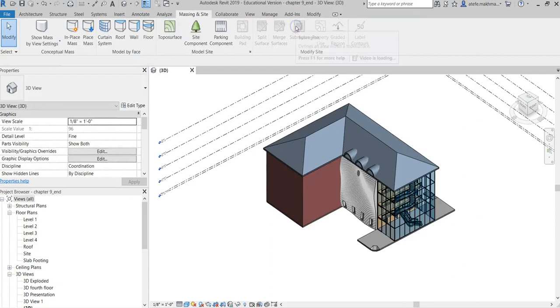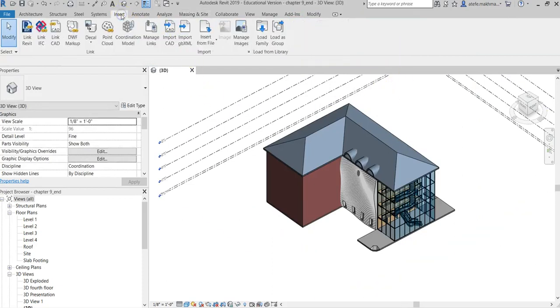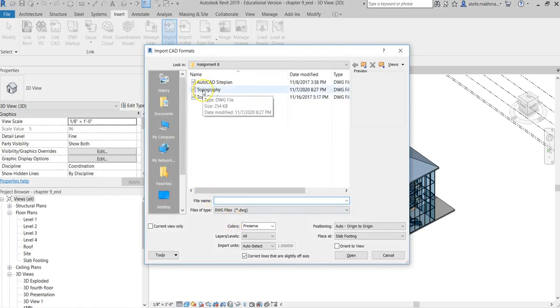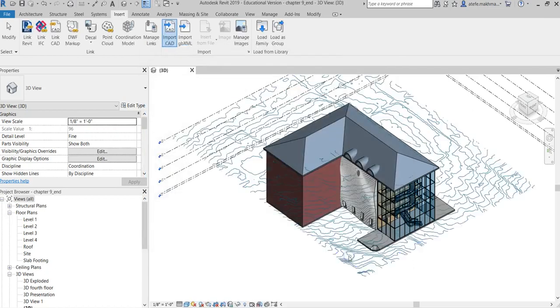So I'm going to cancel the surface and go to the Insert tab and import a CAD file. There are CAD files that can be provided to you, or you can create them yourself. They can be more complex or simpler files. Let's use a simple one. They can have so many layers, and I will show you how to choose layers. So if you open that,